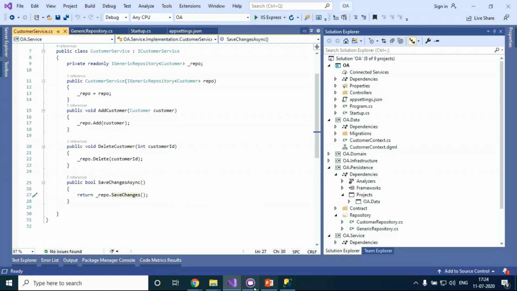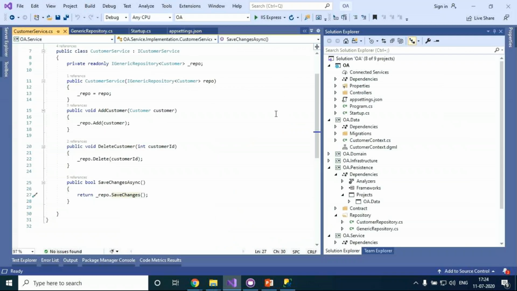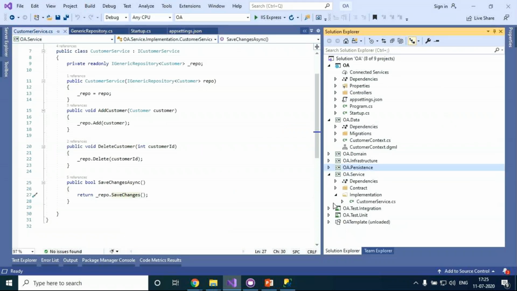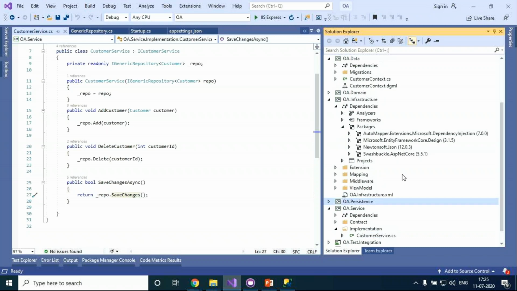On top of that layer, we have what is called the infrastructure layer. So here, if you want to implement Swagger, or AutoMapper, or authentication, or a logger file, whatever it may be, that third-party DLL, everything will be kept in the infrastructure layer.